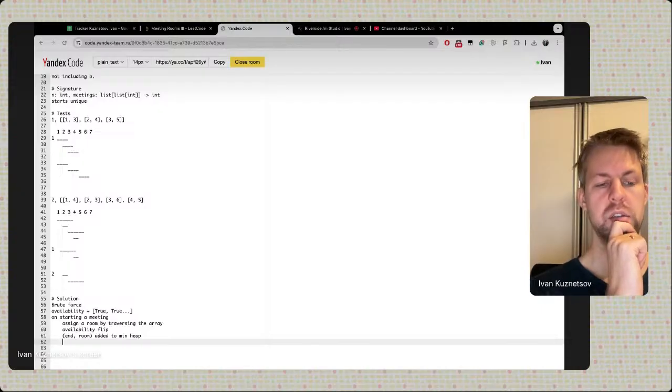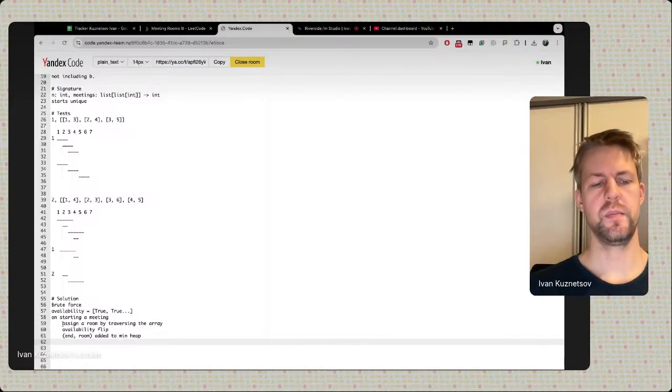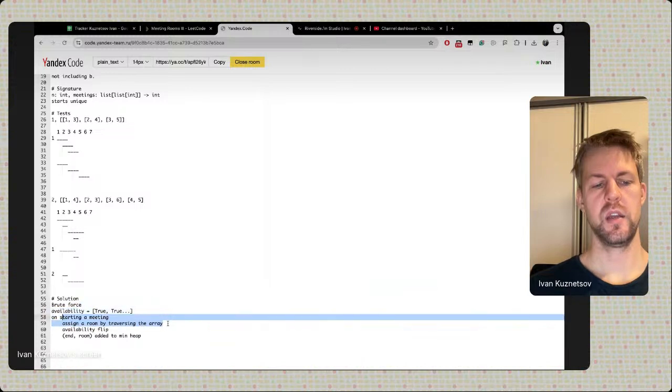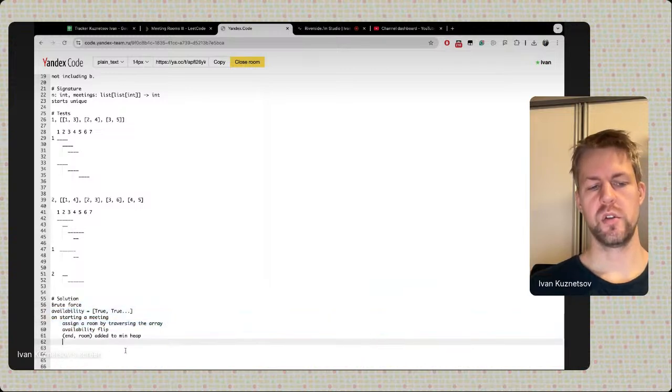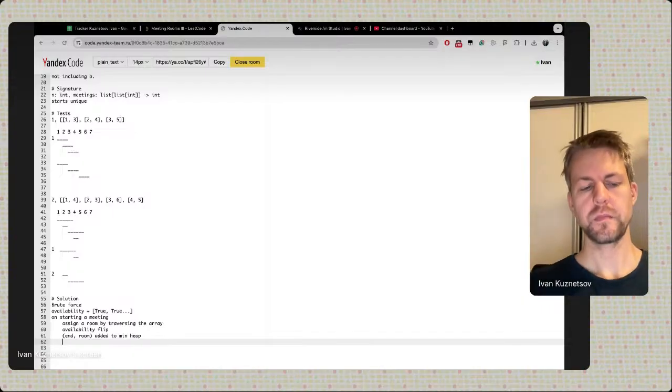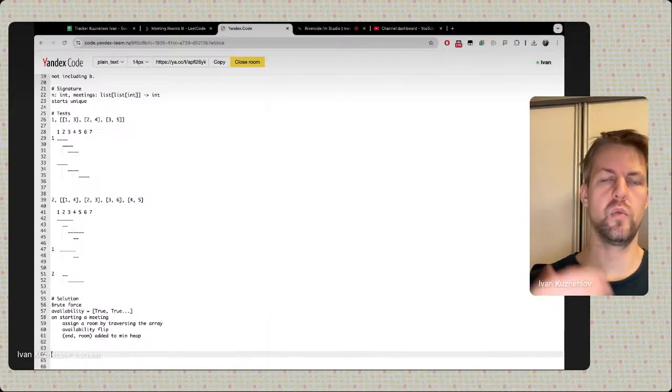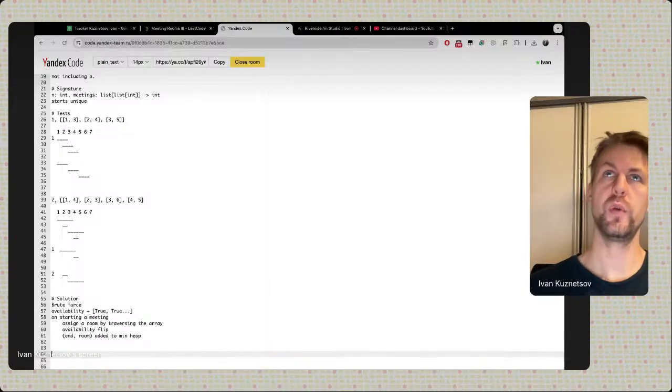Yeah, okay, I see what's going on here. This will be the biggest problem in the default solution, whether there is a room that we can assign in this part of the array. So let's focus on this later. We will have